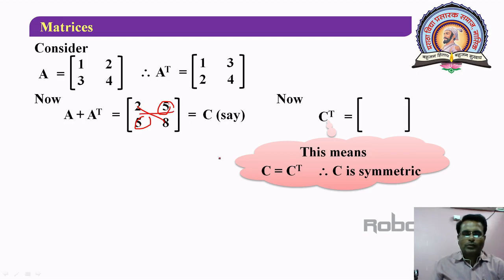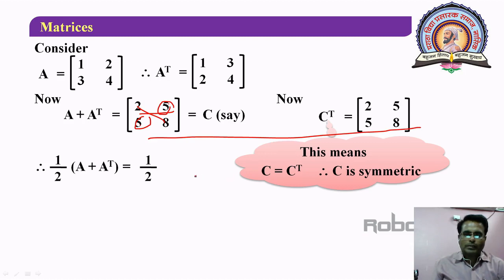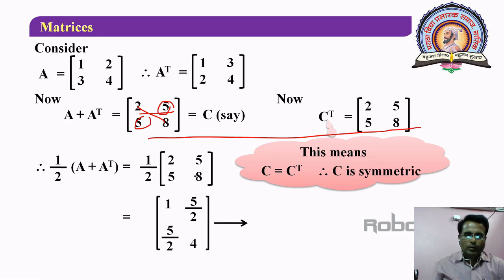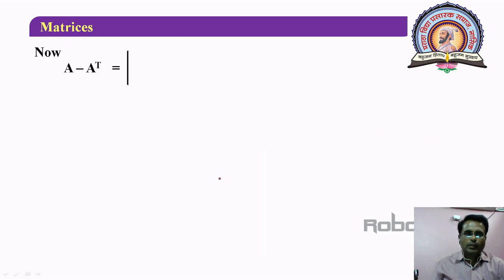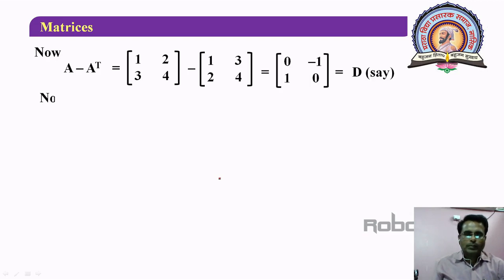So if you are writing the first row as the first column, or the first column as the first row, then you are getting the same matrix. So C transpose is equal to C. Here you will observe C transpose and C are the same, therefore this matrix is a symmetric matrix. Similarly, you will observe that A minus A transpose, if you consider it,